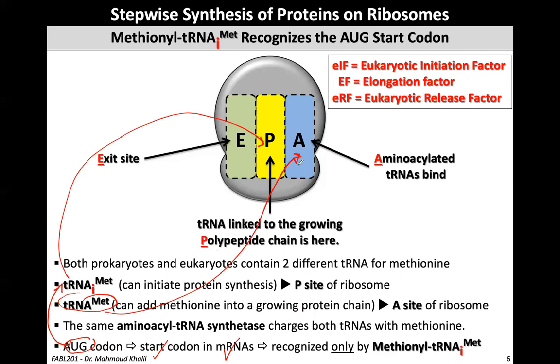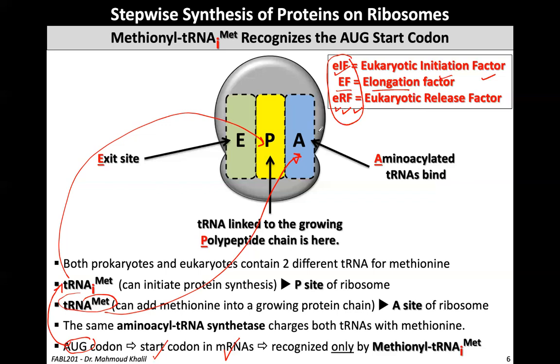Okay? Now we need to get familiar with some expressions. It's called eIF, where e stands for eukaryotic initiation factor. And then we have elongation factor. And then we have eRF, which is eukaryotic release factor. So these expressions we will use now in understanding the mechanism of the